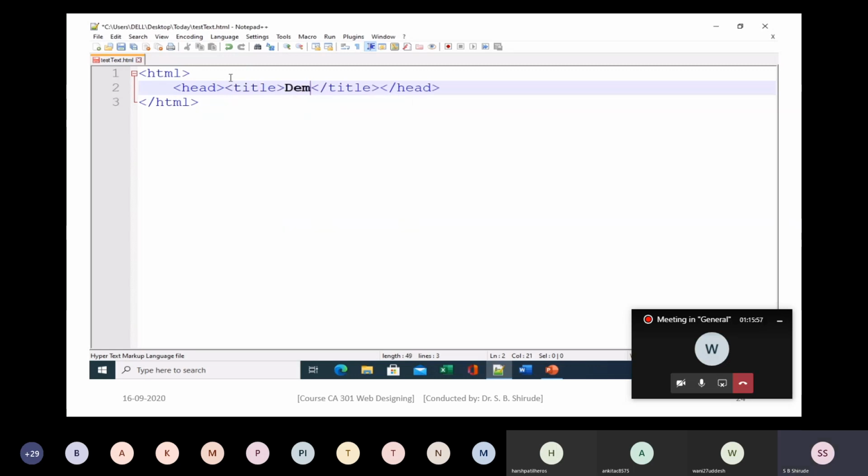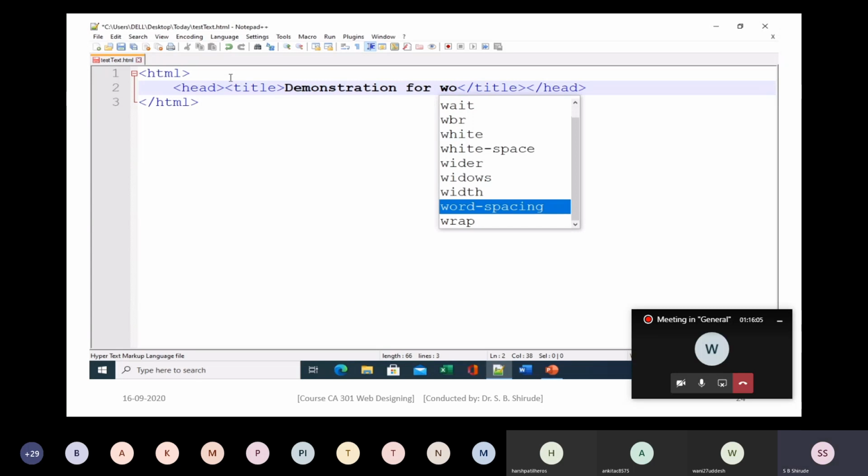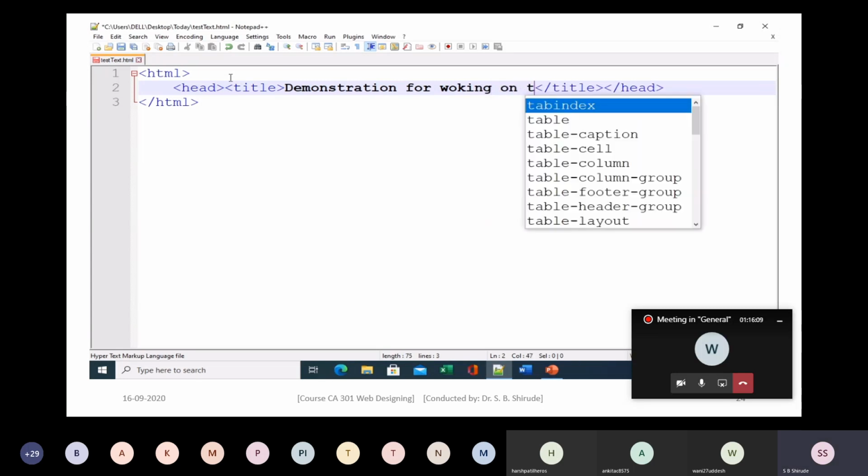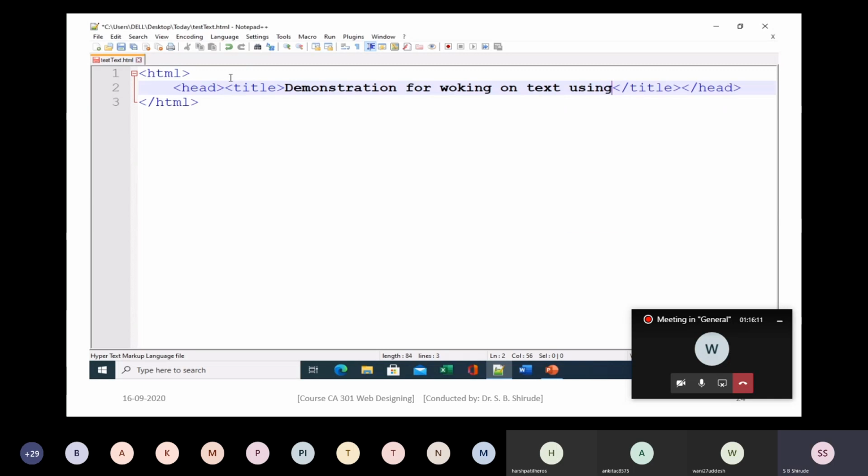And then title I will give: demonstrate working on texts using CSS. So how we can do it?